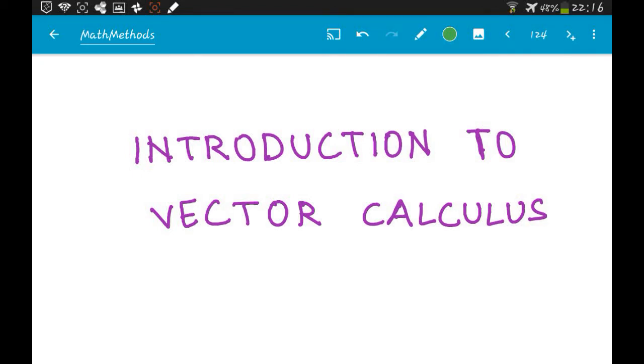Okay, so we are going to start a new chapter today, which is vector calculus, and we will see how we can use this and what operations can be carried out using vector calculus. Vector calculus is going to become very important when you learn quantum mechanics in the next semester, because most of the quantum operators are going to be vectors, and so you need to learn to deal with them. This will be an important chapter regarding that.